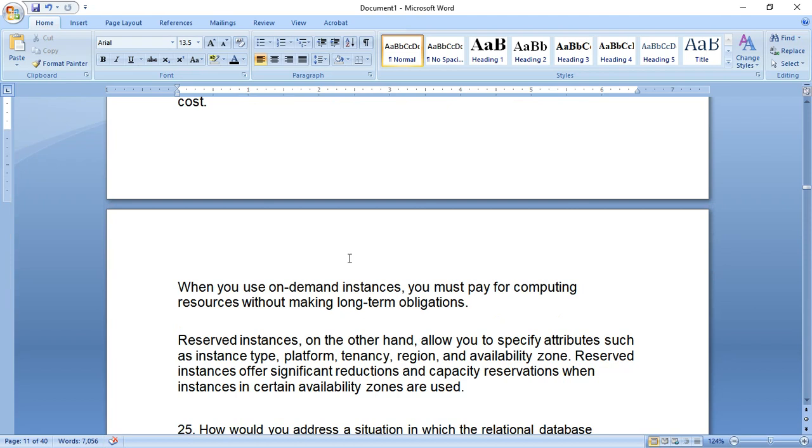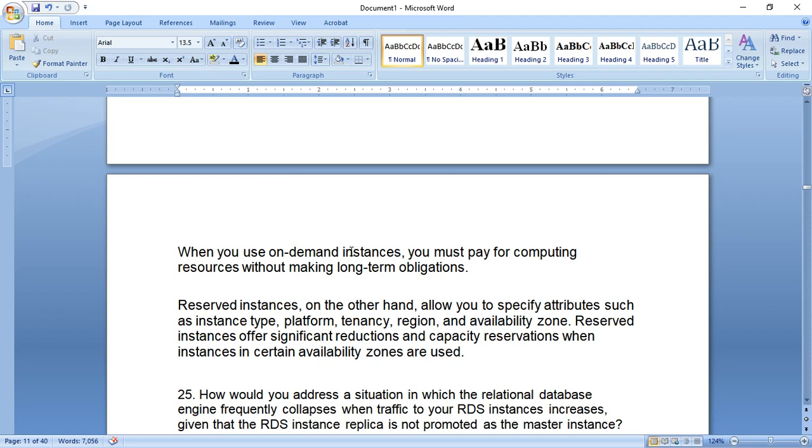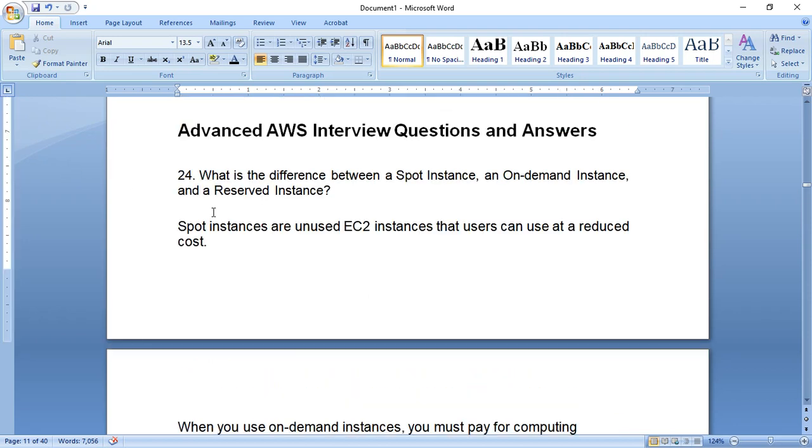Reserve instances, if you are aware you are going to use that server for a long time. Suppose you are running a website, obviously this is going to run for a long time, and in those cases you can use reserve instances. Reserve instances give you a 50 to 60% discount normally, but savings plans are the better choice these days, because with reserve instances you have to remember what my platform is, what my availability zone is, what region I am using, and what the instance types are. So there is a constant. So a savings plan is now a much better, advanced option.